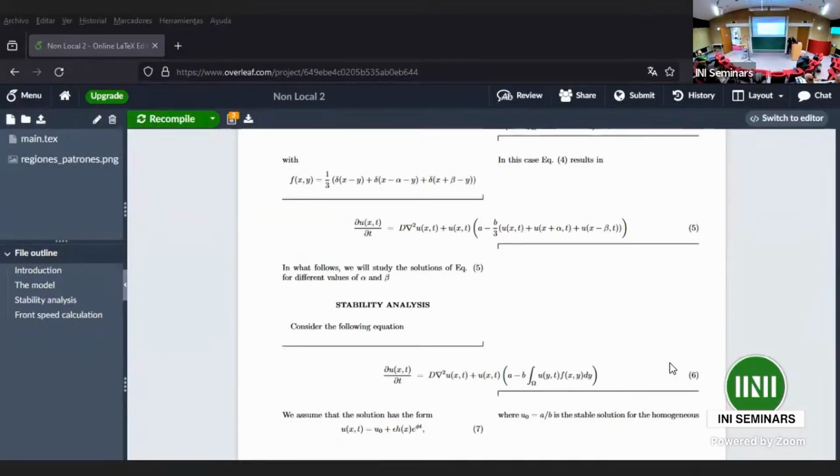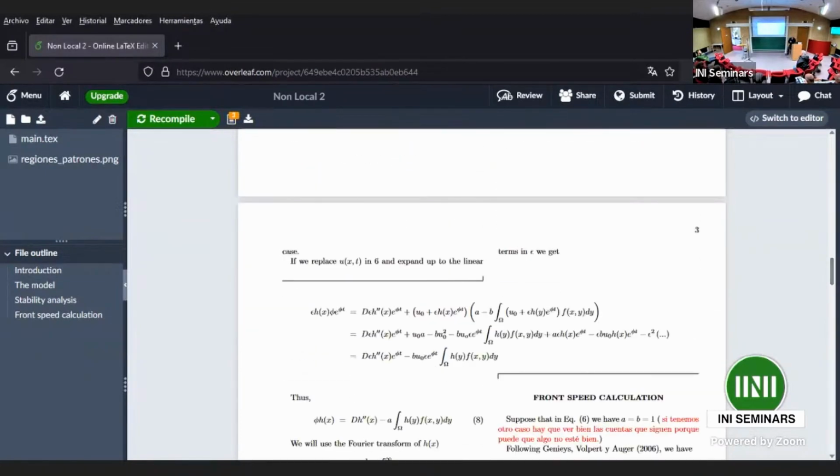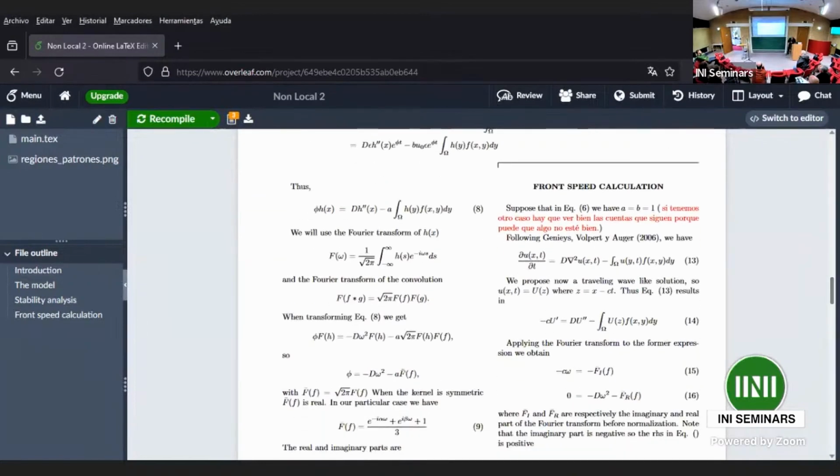Okay. So this is the equation, and to perform the stability analysis, what you can do is just Fourier transform the whole equation, and then there is a possibility of finding a situation where you can calculate the speed of the front. What you do is you Fourier transform the whole equation, and then you make some calculations